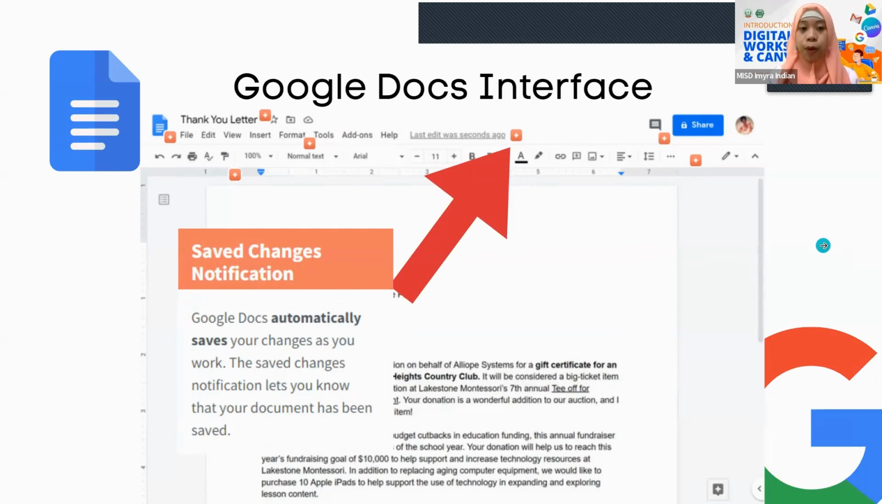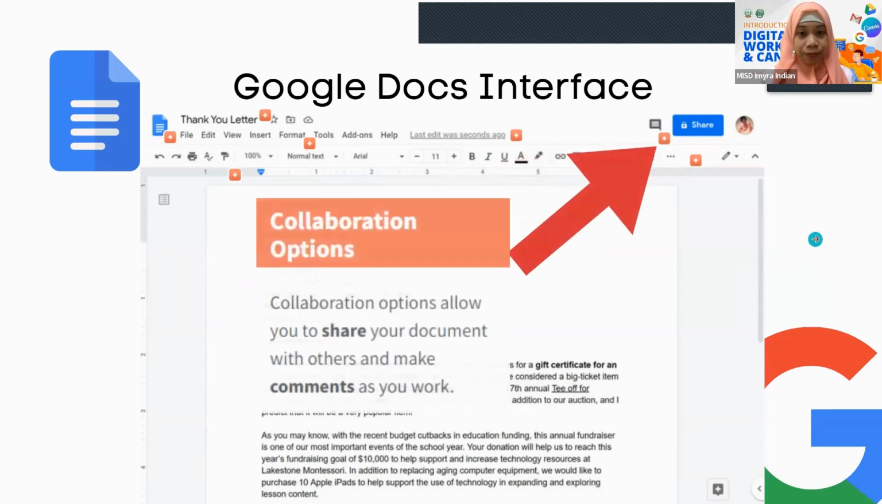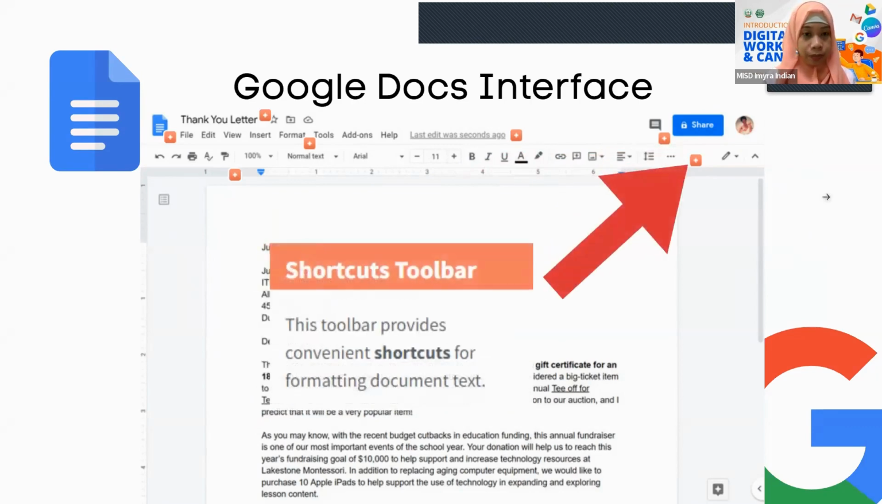If hindi naman siya stable, may magpa-prompt naman na notification na you have a slow internet, you are offline, so at least you're aware na if you intended to add more details sa iyong document, may possibility na hindi na siya masasave. Pero at least dito wala na yung tedious task na Control S tayo, right? Next is the collaboration option. Pwede natin i-share yung documents natin and they can add comments to your work. Next is the shortcuts toolbar. So this toolbar provides convenient shortcuts for formatting the document text. Next